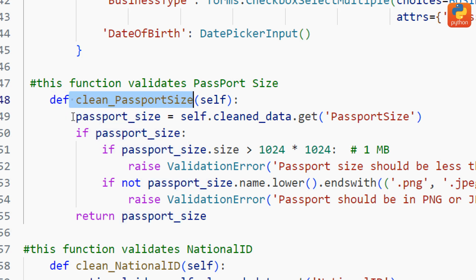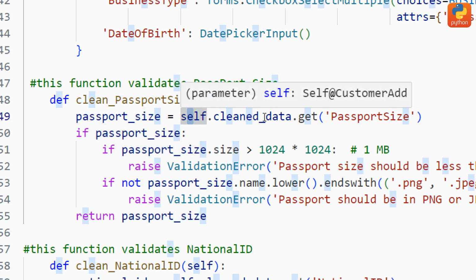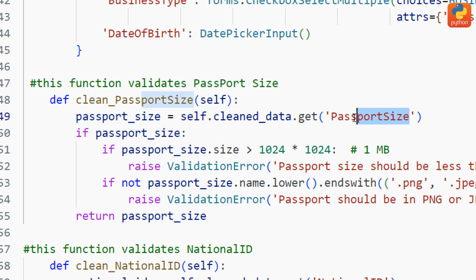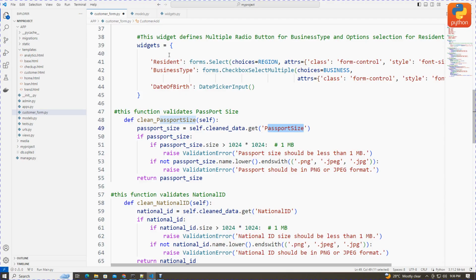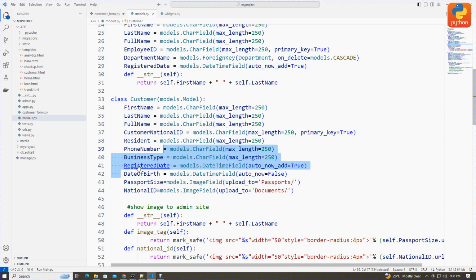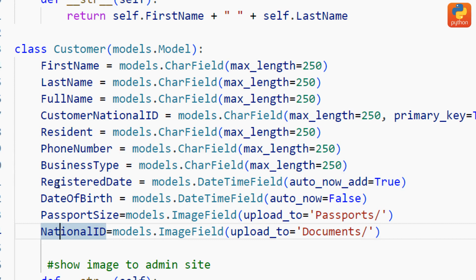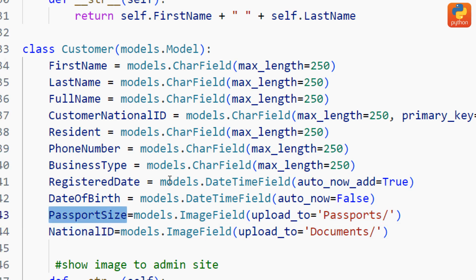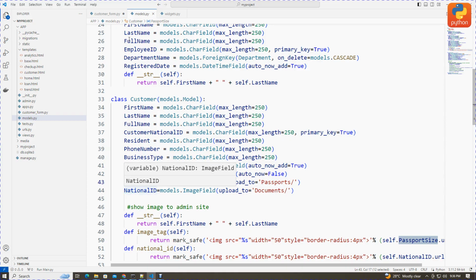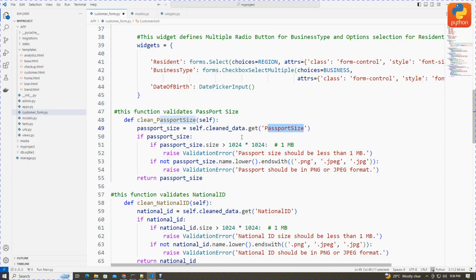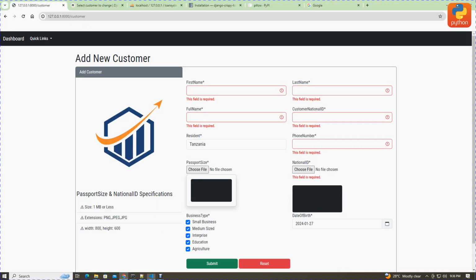Okay, so passport size is a variable equal to self.cleaned_data.get passport size. Hii ni field from our model. So ngija katika model, now you can see passport size. Where is the passport size? This one field passport size. Okay, hii kwa hiyo field ndio tunai validate. Okay, ambayo ni hii hapa. Okay, now good. If passport size is uploaded,